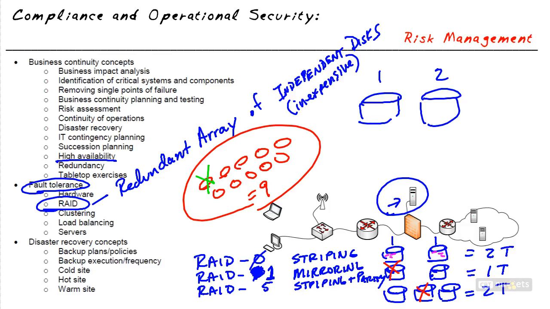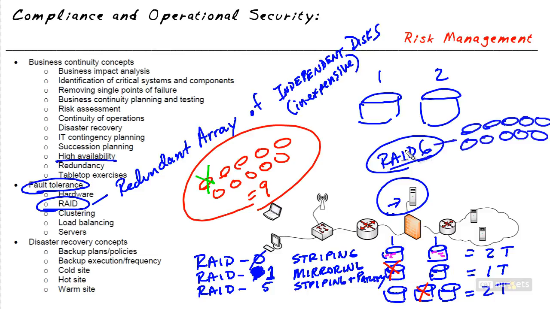Well, of course, we keep pushing the envelope of what we can do and how we can accomplish it for fault tolerance, and they came out with RAID 6. RAID 6 also uses striping and parity, except not just single parity. RAID Level 6 does double parity. So at RAID Level 6, let's say we had 10 physical drives in our RAID group. With RAID Level 6, it's possible to lose multiple drives, for example, 2 drives, and still have that RAID set function. So in most RAID solutions today, because we want the fault tolerance, we're going to be using RAID Level 5 or RAID Level 6 as our approach.